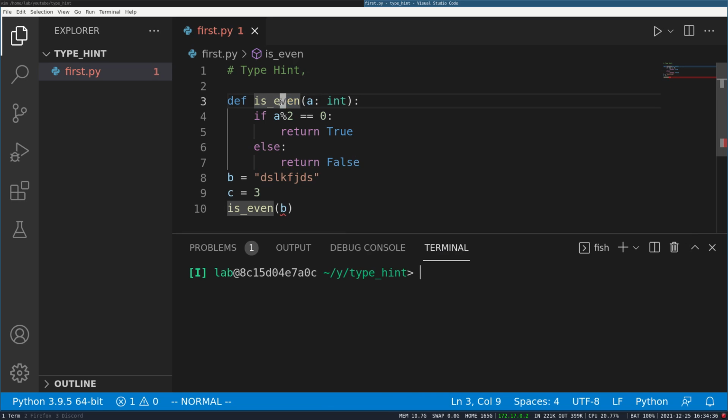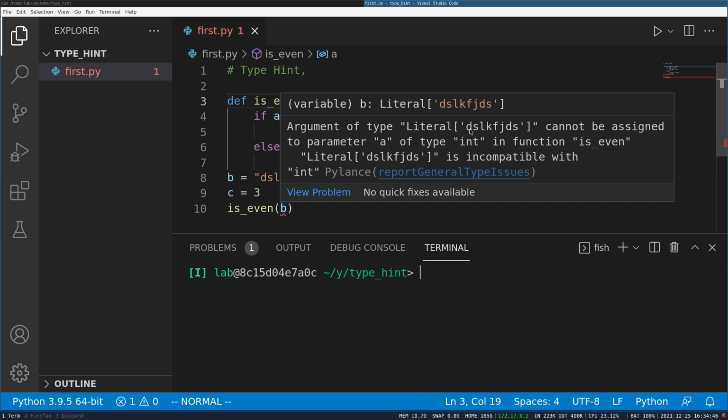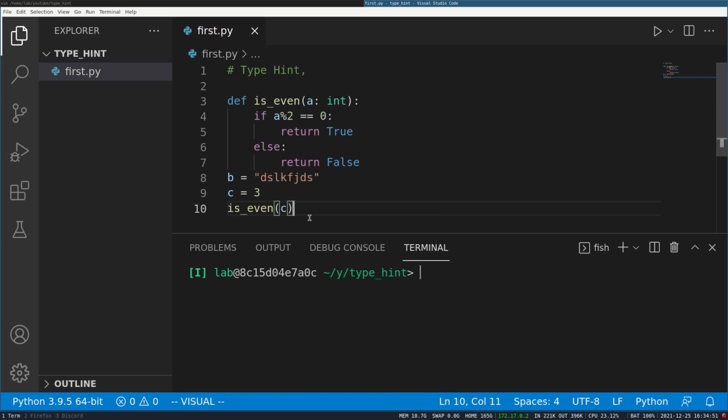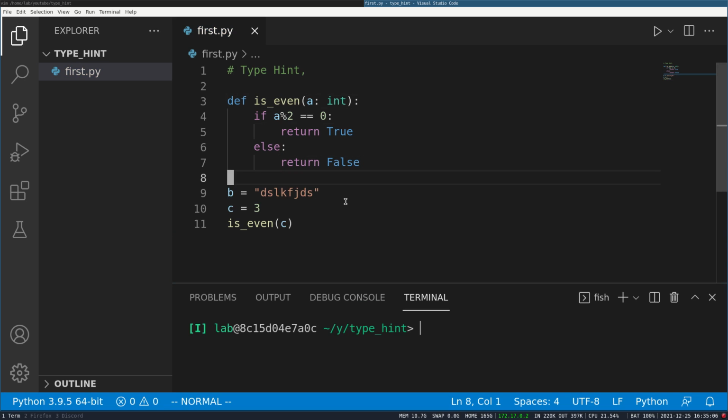It should be configured to support Python type hints, but once it is configured, as soon as you specify that A should be an integer, it will show me an error, and the error says that you cannot assign this string to integer, and if I pass C, then the error goes away. You can see there is a red line at the bottom of the character which shows that there is an error, and this is pretty much it. By using type hints, you tell your IDE what the type of a particular variable should be, and in return the IDE will tell you if you have made any mistake.